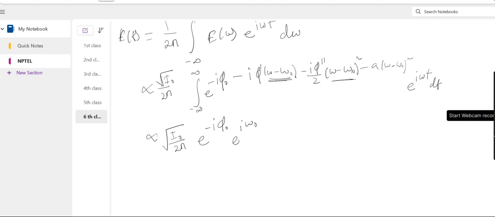We got this thing out, so we'll get e to the power i omega minus omega naught t, minus i phi dash omega minus omega naught,